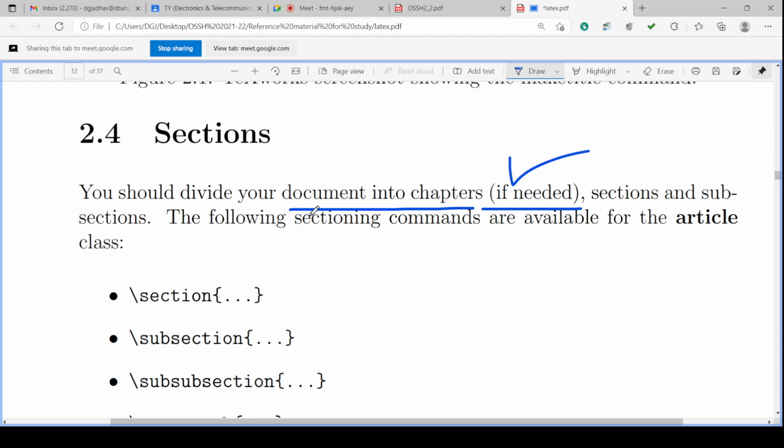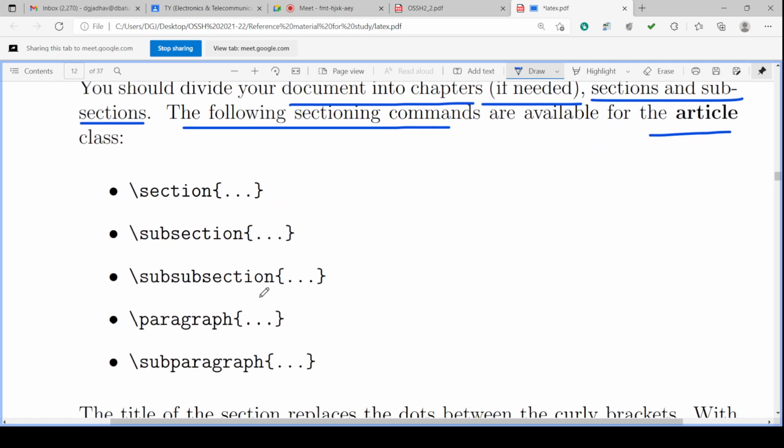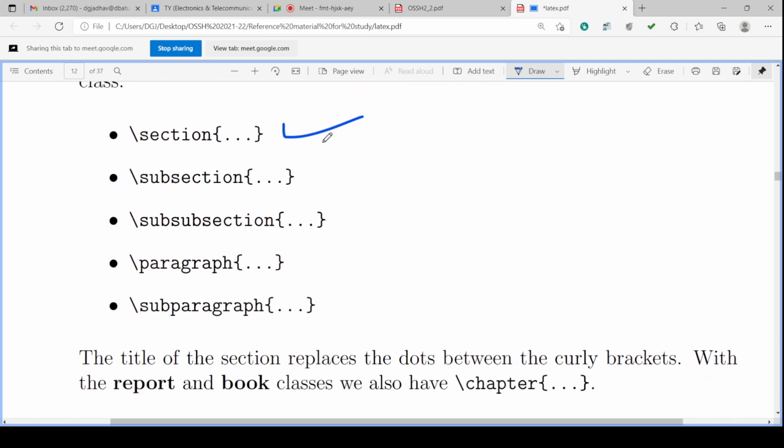So there will be sections, which are very useful. The sections and subsections are useful in defining these. The sectioning commands are available for the article class as backslash section, and in curly brackets what will we write? We'll write our text. Backslash section, curly bracket start and curly bracket end.